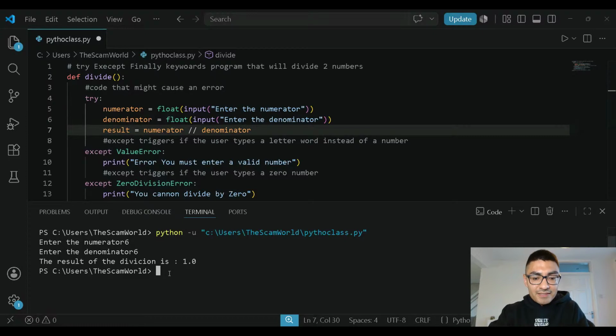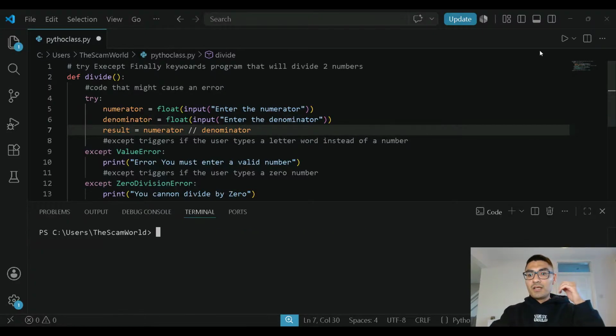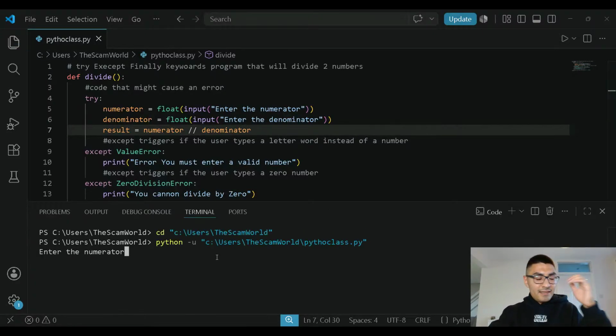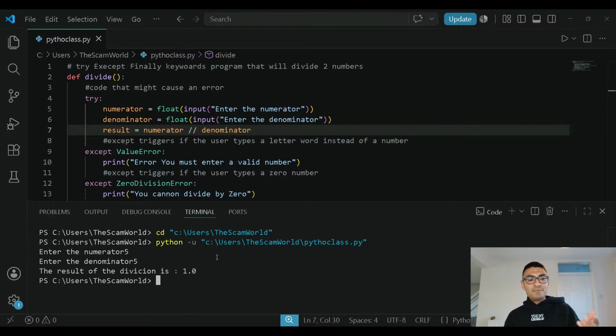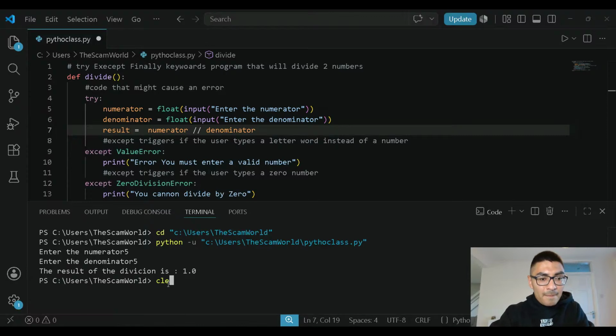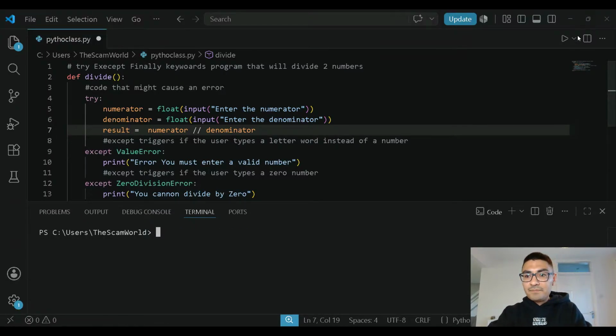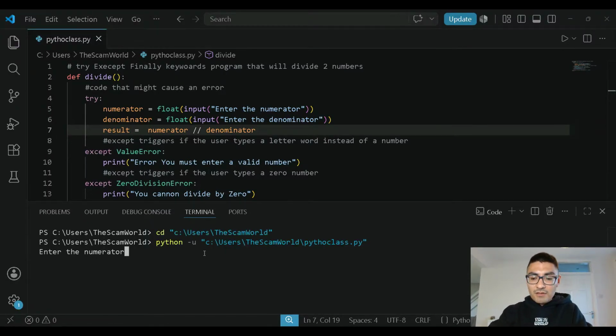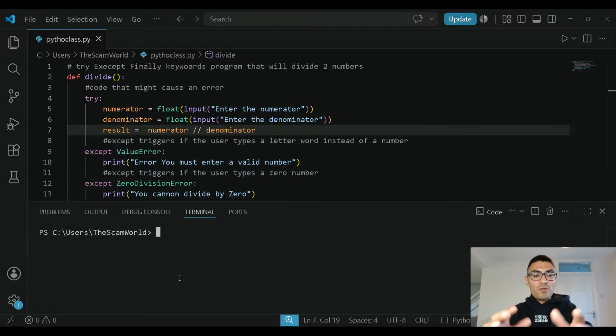So we're gonna clear this. We're gonna run it again. And then enter numerator, we're gonna say 5, enter the denominator 5. And I still have a 1.0. The result of the division is 1.0. Interesting. So we're gonna clear this. Let's run it again. Enter the denominator 5. We're still getting a 1.0, but in theory it should delete the